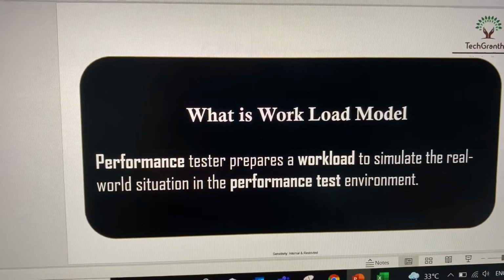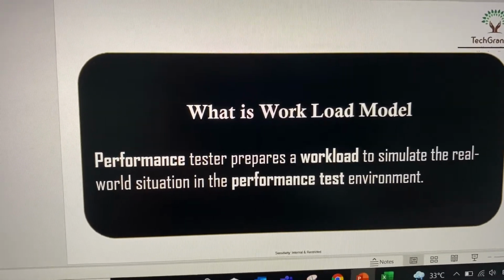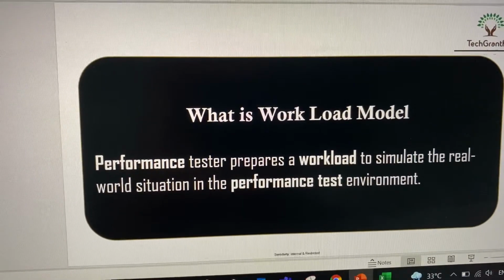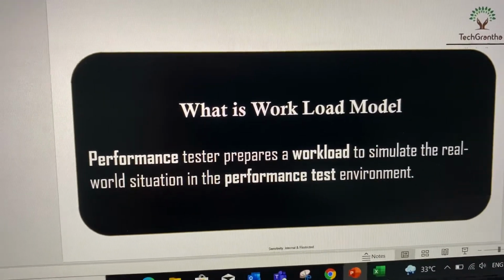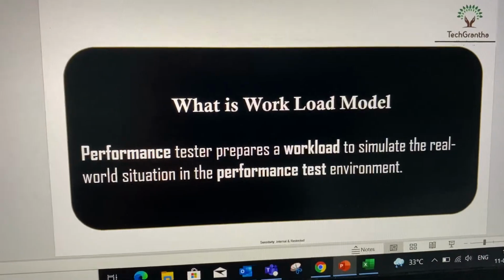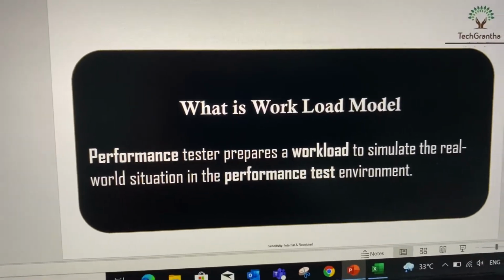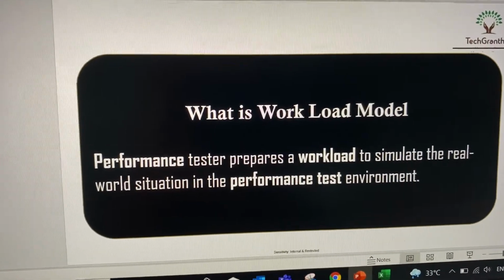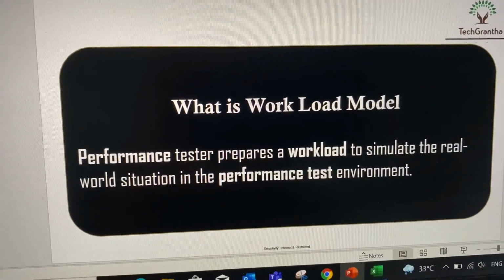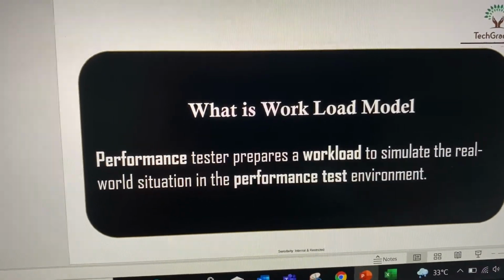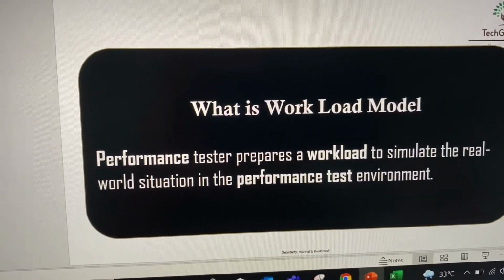In a similar way, we do the execution and performance testing with the same production data activity. We execute the test during the peak hours. Peak hours are the duration in which traffic on an application is higher, so we need to do the performance testing in those peak hours.